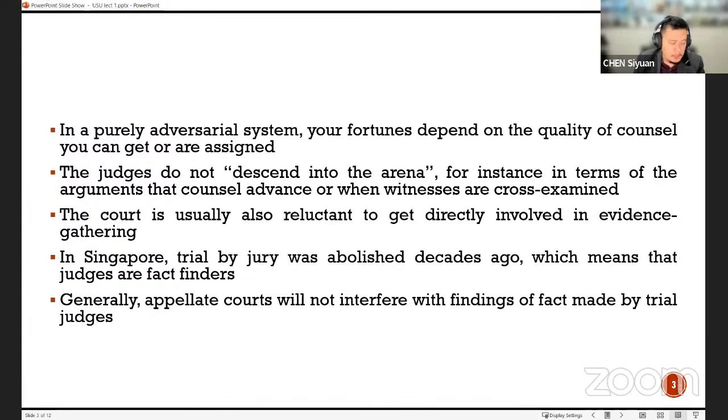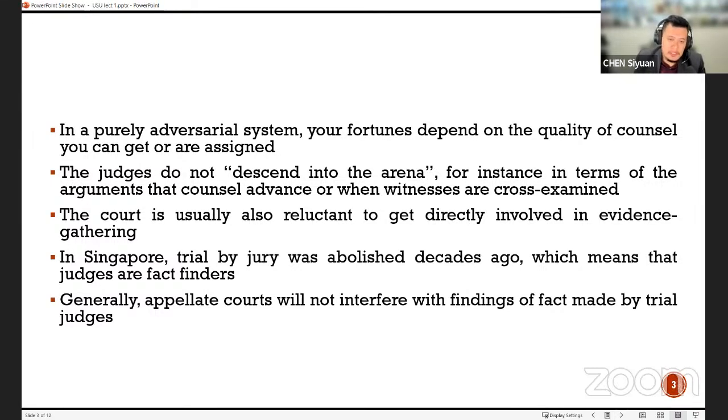If there are findings of fact made by a trial judge, on appeal it's very unlikely that the appellate court will interfere with them. So again, if you do not have a good lawyer at trial, one who is not able to bring forth the best evidence for you and is not very good at raising doubts about the other side's case, then those findings of fact would tend to be a bit more in favor of the opponent. And that can't be changed by the appellate court. So you really need a good lawyer, or at least a pretty good one, if you want to have a good chance of doing well.